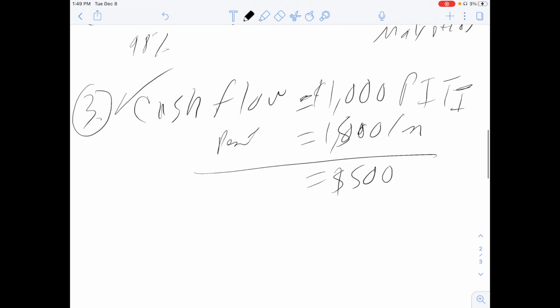Okay. So I look at the cash flow because it's very, very important. A lot of people ask me, Mike, what do you think the monthly cash flow should be? And I always say, first, I don't give financial advice, but it will be dependent on every different investor out there. Some people just need $100 a month. Some people need $500 a month. Some people are not going to do a deal unless they get $1,000 a month. So it all depends on the individual and what their life situations are.